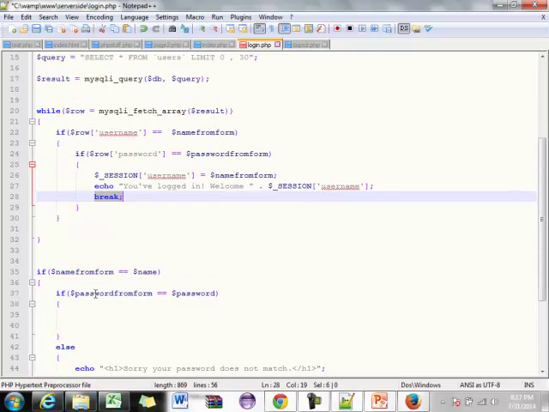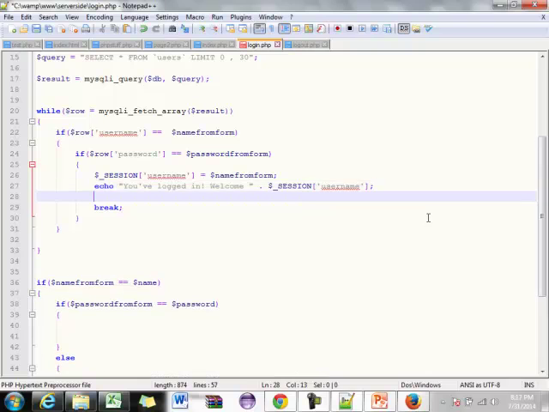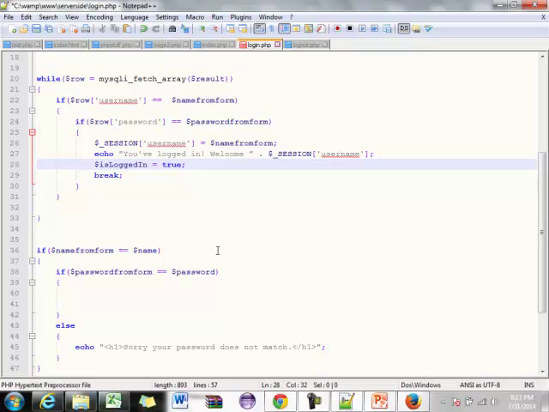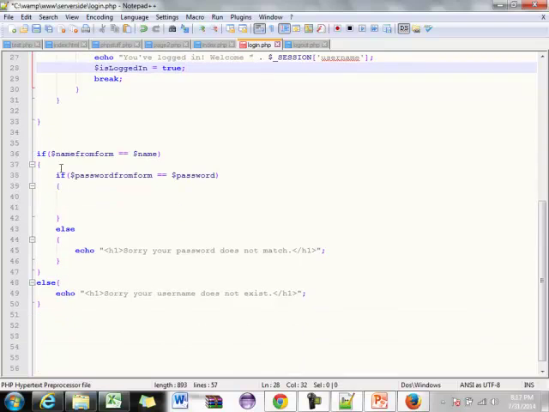Okay? And then we're going to do one more thing and say is logged in. I'm going to create a variable, and I'm going to make this true. Okay? Because I only want one error message to be displayed. I don't want it to say, check your password, check your password, check your password for every user. So what I'm going to do here